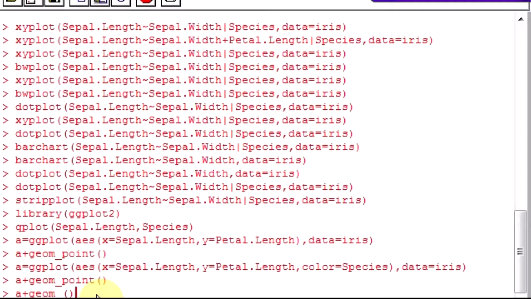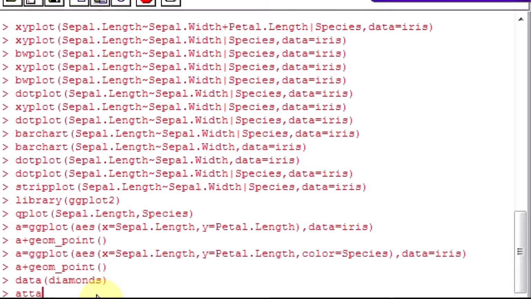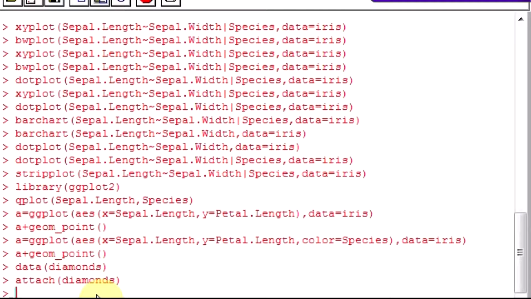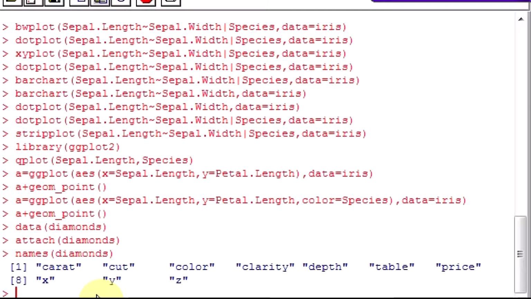Right, how would I facet it? Let's say data diamonds. Okay, attach diamonds. Okay, names of diamonds. Carat, cut, color. So let me do a is equal to ggplot.